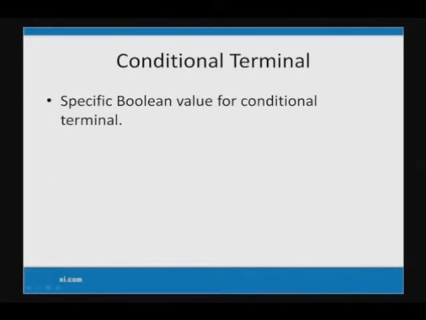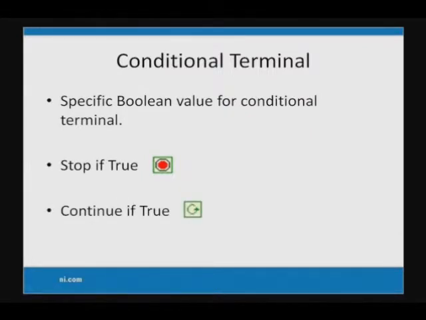While loops will execute until the conditional terminal receives a specified Boolean value of 1 or 0. The required value is determined by the state of the conditional terminal. There are two settings for the conditional terminal: stop if true and continue if true. When set to stop if true, a Boolean value of true will force the loop to halt execution. When set to continue if true, the while loop will run only if a Boolean value of true is sent